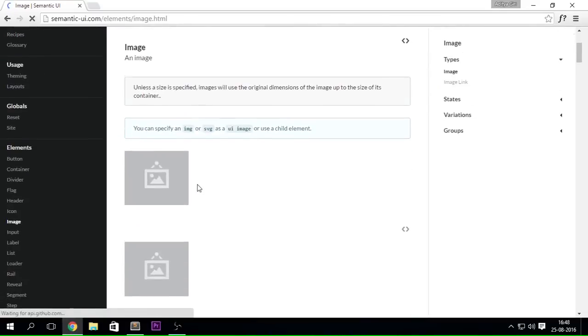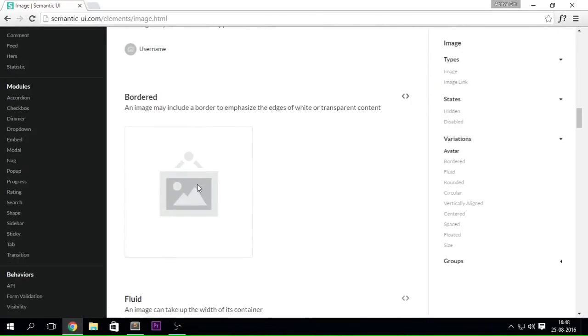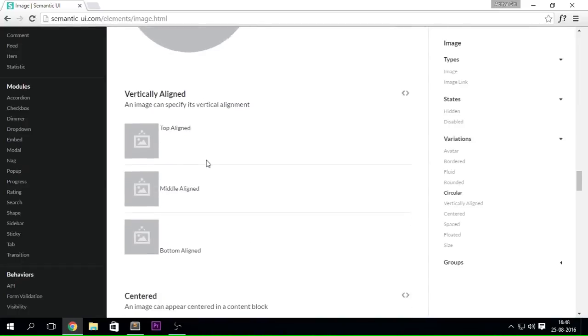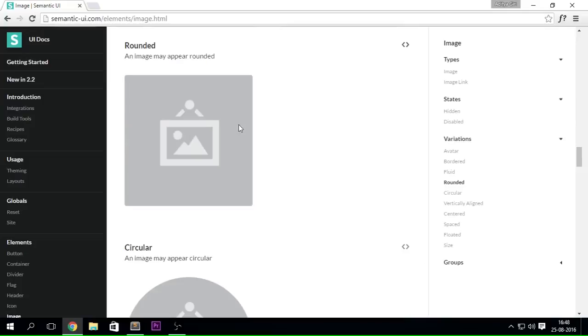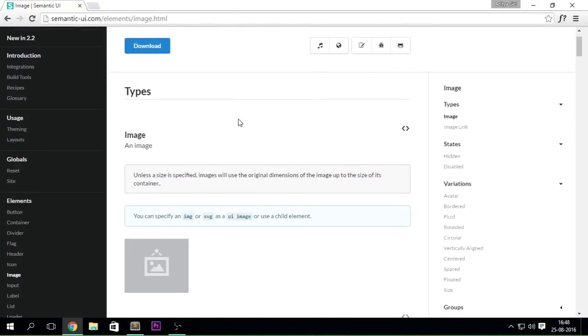Images are what you are going to be using every single time. In your website you're going to have at least one image. So you can go ahead and look through all of these things. Let me tell you one more thing.